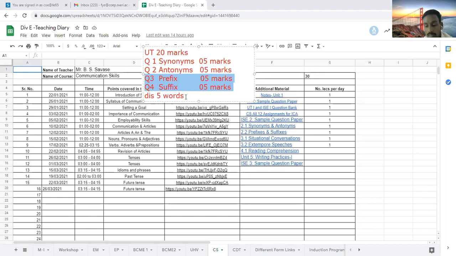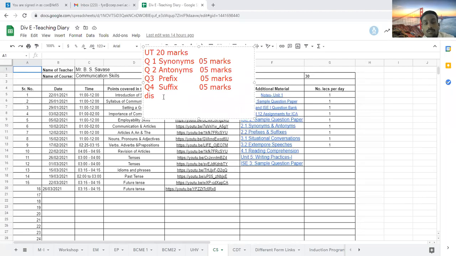Suppose that in the question paper you will see that prefix. So below that you will have space to write your answers. The way you write down the name of the student, below that you write down your name. A similar type of response will be there. This will be given there, and you are going to write down the words which begin with this. So don't write anywhere else, only in the Google form, only on the link you have to write. No need to write it on a page or upload it.